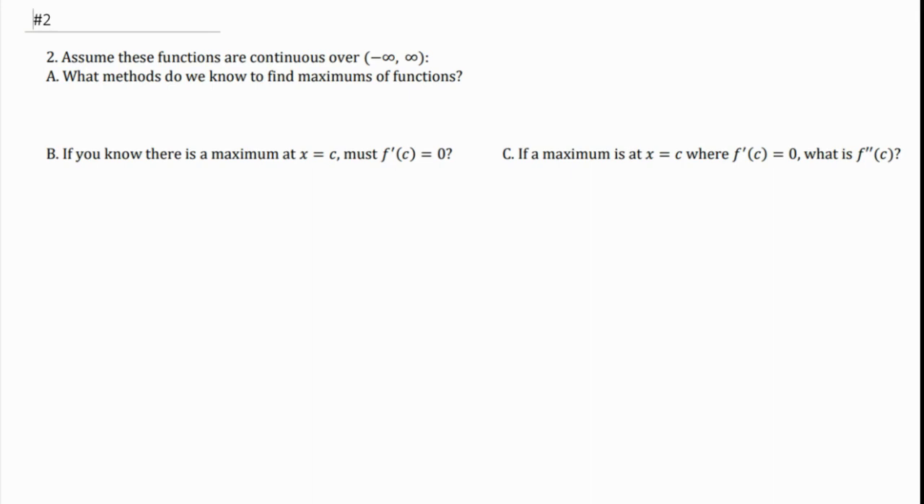So, these are questions that you should have done yourself before. Actually, all of your notes are questions you should have done yourself first. But